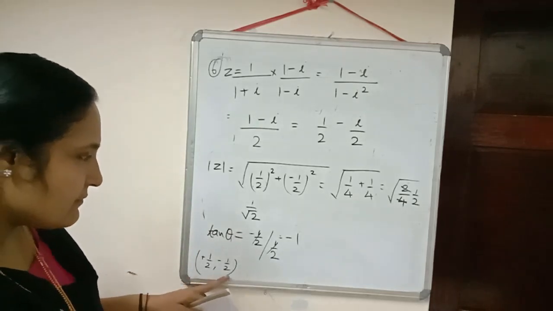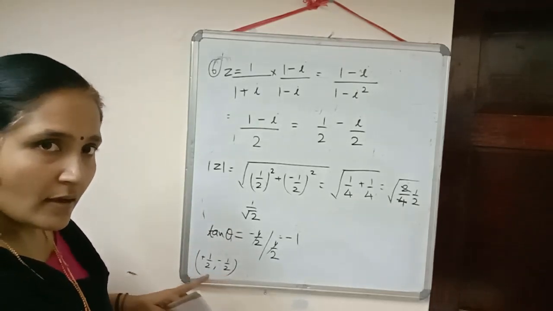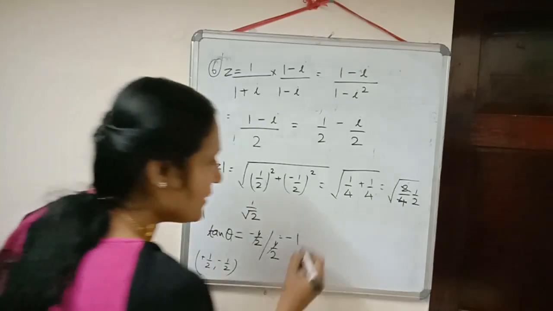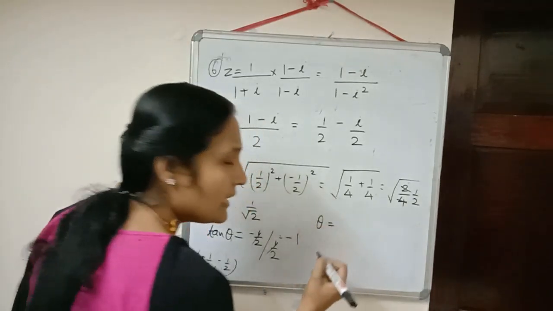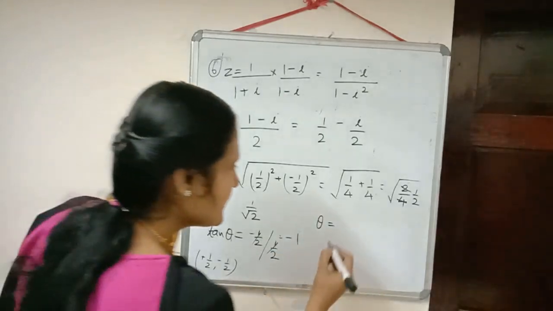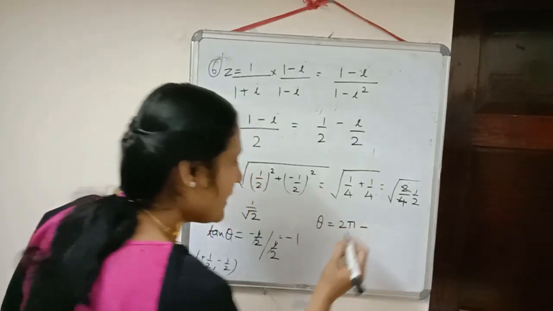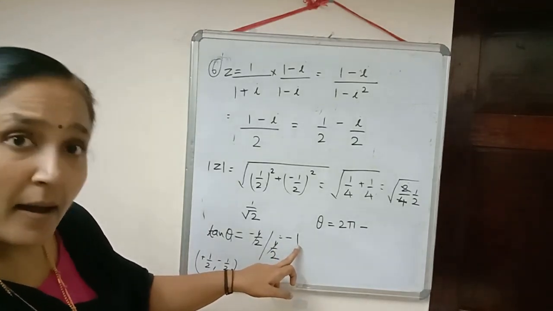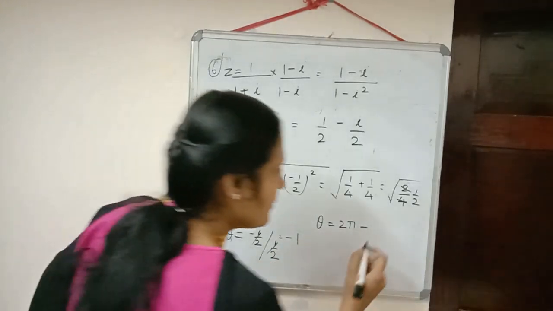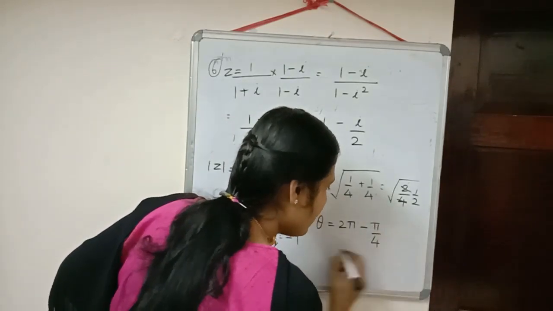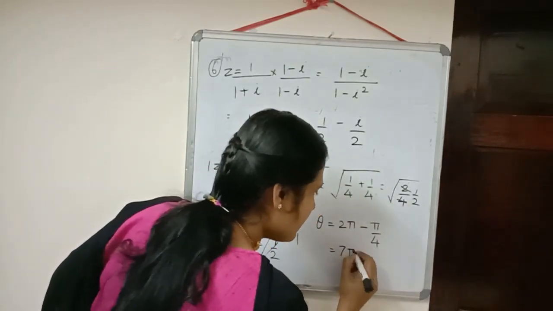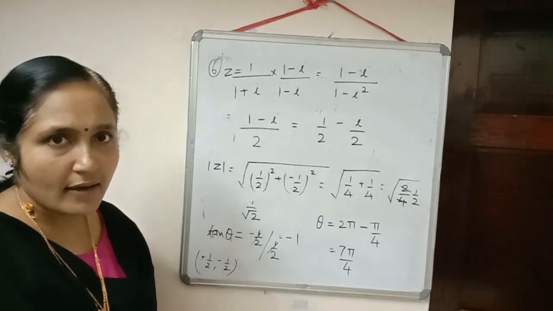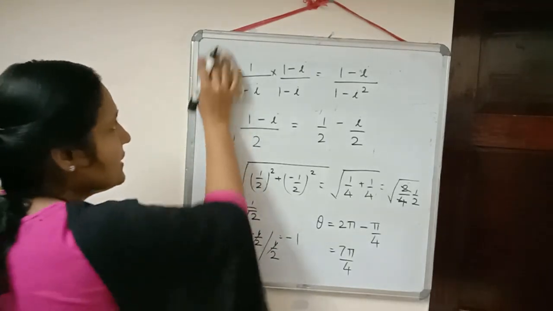And the point is in which quadrant? Yes, the fourth quadrant. And in the fourth quadrant, how do we write the angle? It will be smaller than 360 degrees. So 2 pi minus which angle will we do? When tan gives 1, it is at pi by 4. So 2 pi minus pi by 4. Again our answer will come 7 pi by 4. Clear? Okay. Now write down the next one.